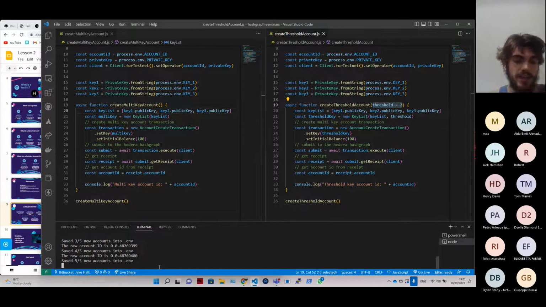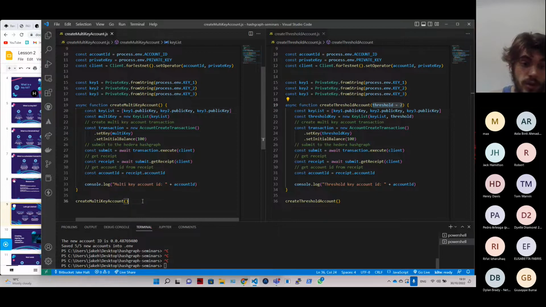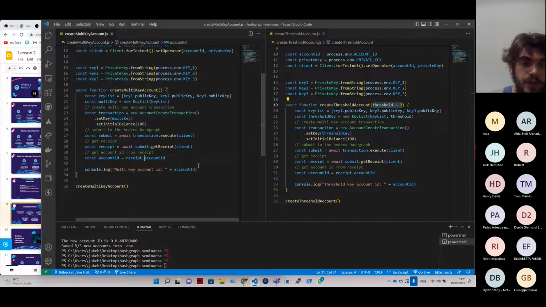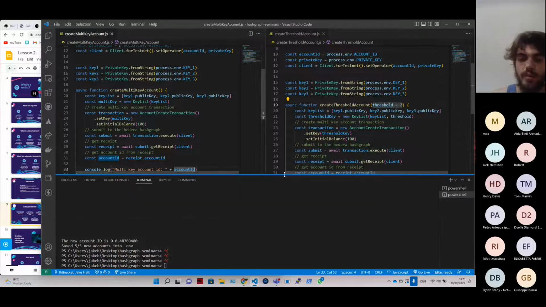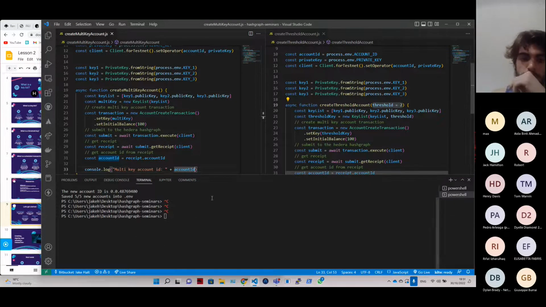So yeah, these scripts should also be ready to run. Now for this particular script, I haven't implemented the code where it automatically adds into your .env file, but it will console log out the account ID. So once that happens, well, let's get it to that point first, and we'll go on from there. Now to run this code, we do the same thing. We just say node, and then this is called create multi-key account. So we're going to say create multi-key account, press enter,